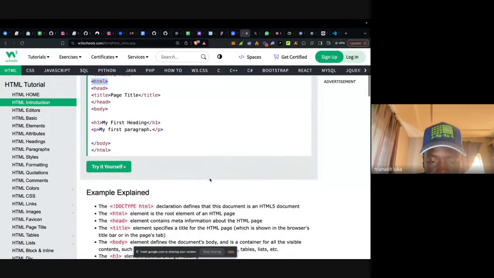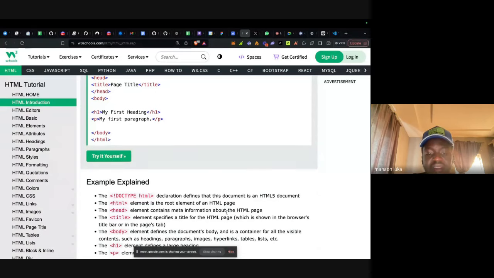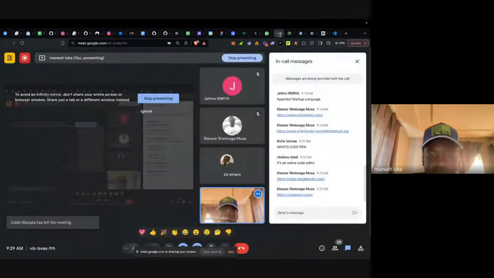So let's read. The element is the root element of the HTML page. So this is the root element. Every element starts from this. Every element has to be inside of this one, which is this HTML, right? And there's something I also want you to understand. You are going to see that this element doesn't have just one part, but it has,